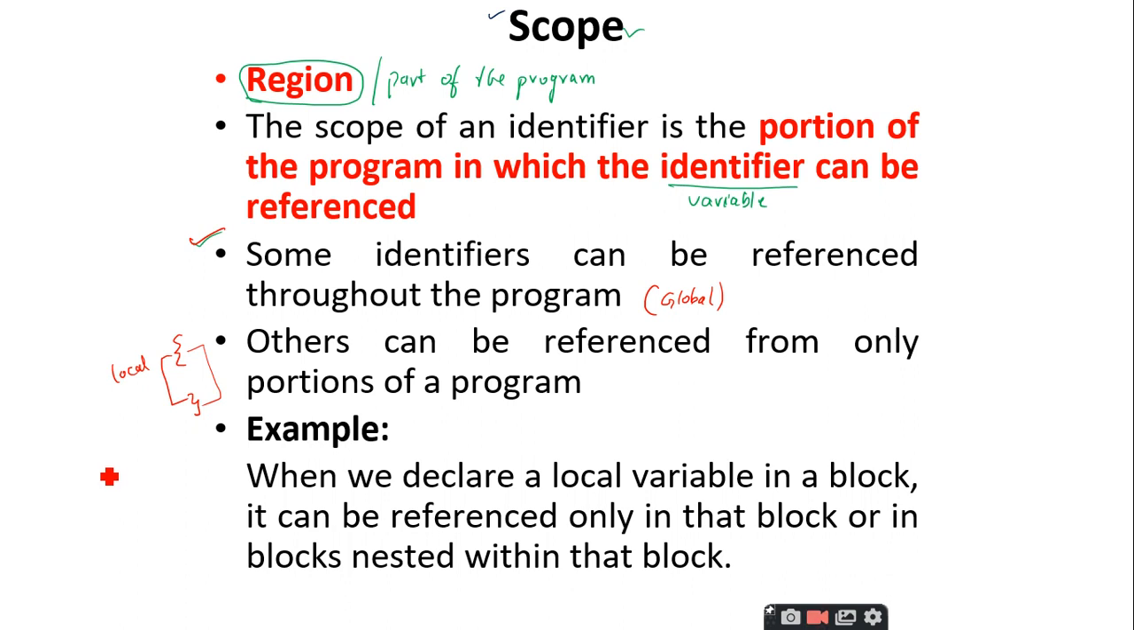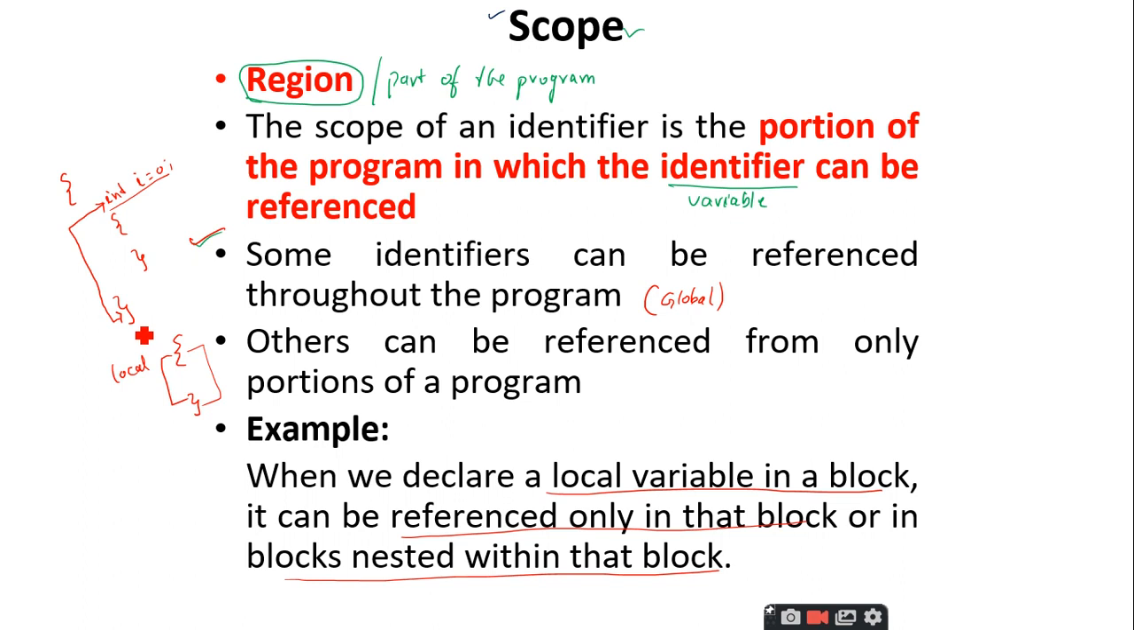So when you declare a local variable in a block, it can be referred only in that block or in the blocks nested within that block. I will give you an example also, nothing to worry. So if you have a block like this, and if we have another nested block like this, if I declare a variable int i in this block, this particular i can be accessed from this part where it has been declared to the end of this